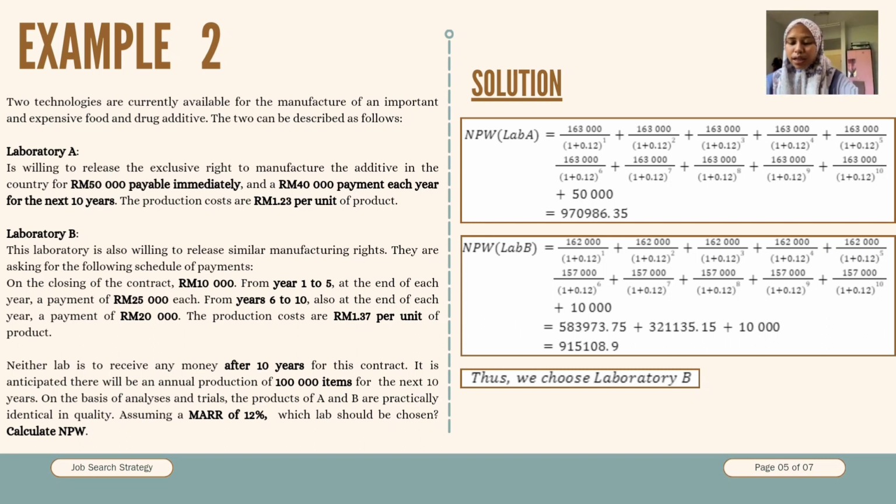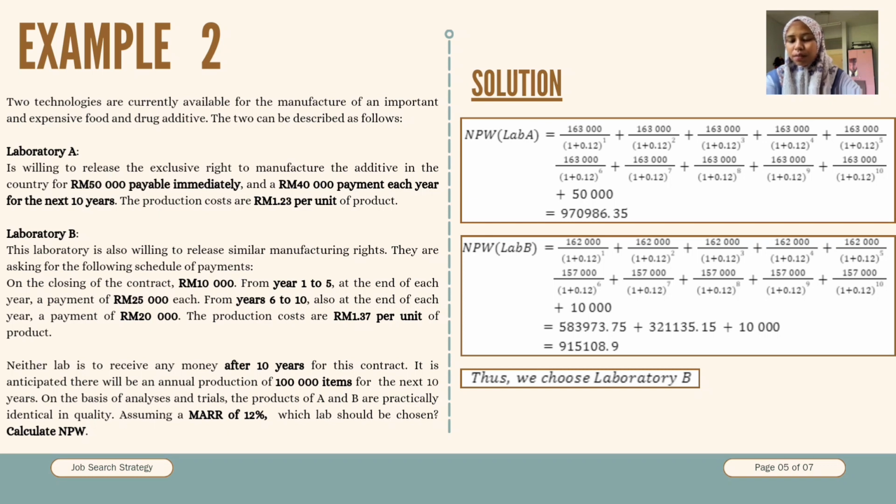The next one is we need to calculate NPW for Lab B. How we can get 162,000 and 157,000: the first one, we get 162,000 by multiplying the cost per unit, which is 1.37, with the 100,000 items. After that, for the first 5 years, we need to add 25,000. From that, we can get 162,000. For the first 5 years, we need to use that value, which is 162,000,